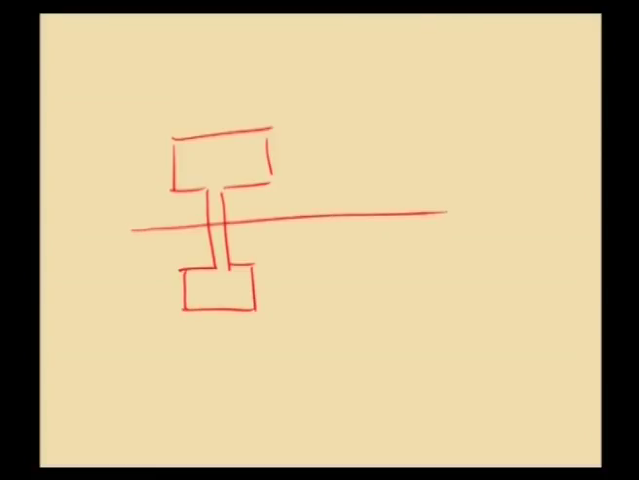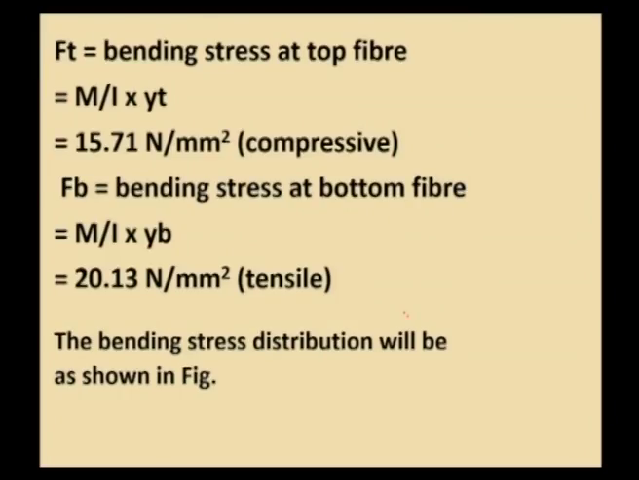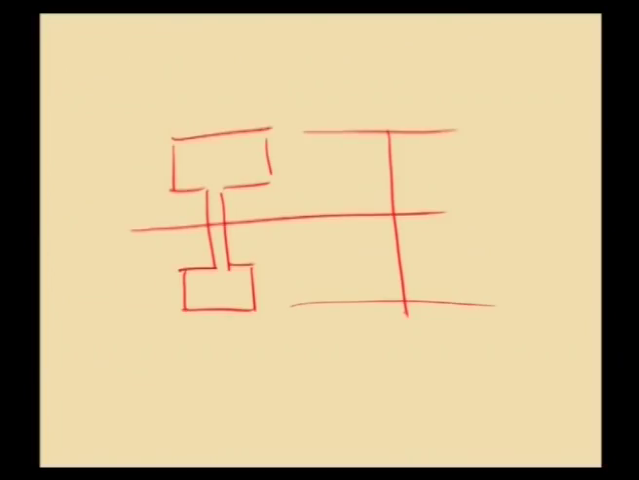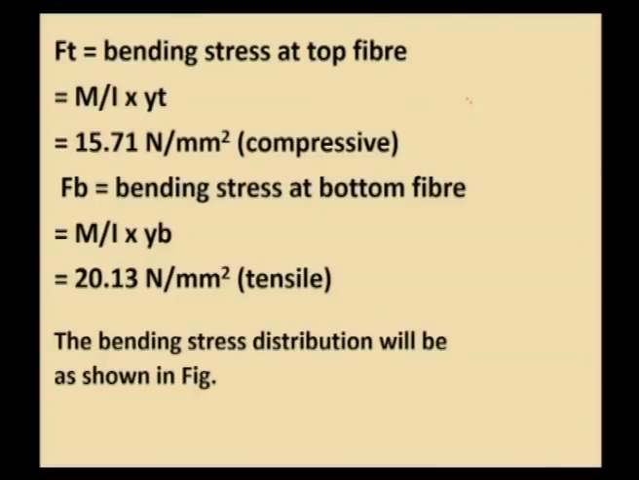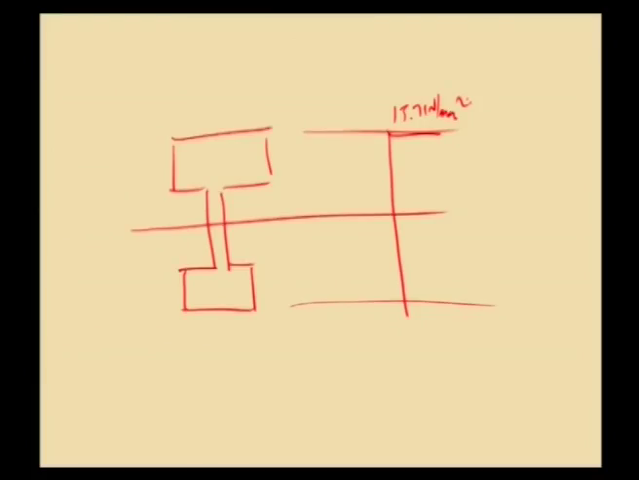So, first mark the centroidal axis, mark the top fiber and bottom fiber, and draw a reference line. The top fiber is subjected to compressive stress of 15.71, so mark 15.71 to the right side of the reference line. So, we have 15.71 Newton per mm squared compression, and at the bottom we have 20.13 Newton per mm squared. That is tensile, so I will mark like this and connect these two. We will get compressive stress at the top and tensile stress at the bottom, the value being equal to 20.13